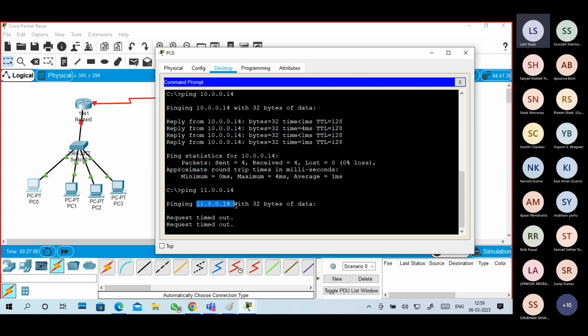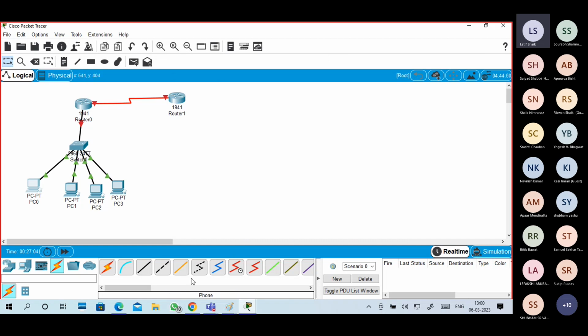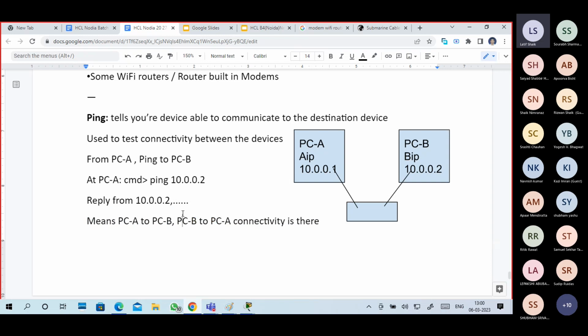It is not available. Okay, guys, see this. If you got a reply from the destination, it means communication is clear from A to B, B to A.